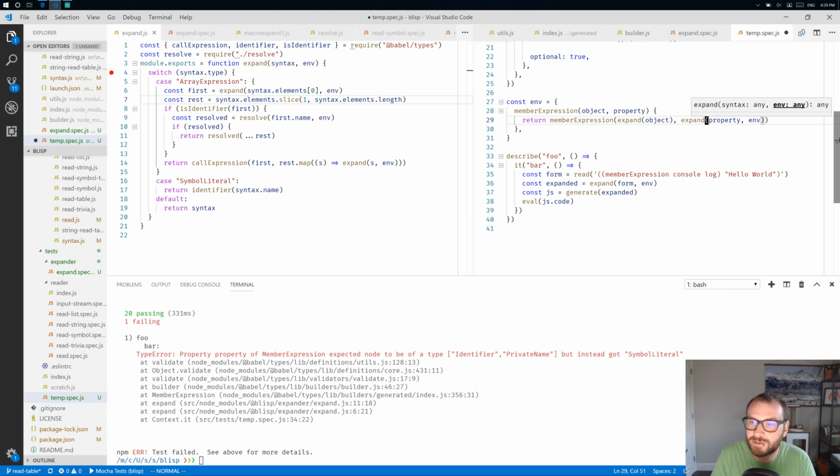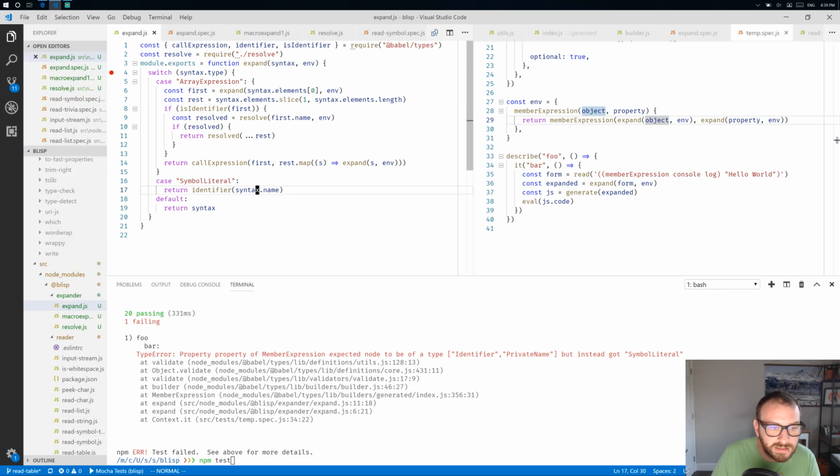All right, so basically with this macro, we're going to defer to the Babel builder, but we are going to be responsible for expanding the parameters ourselves. So that's what we'll do. So basically we'll expand, in this case, we're expanding the symbols into identifiers. Oh, you know what? This needs to be symbol dot key for